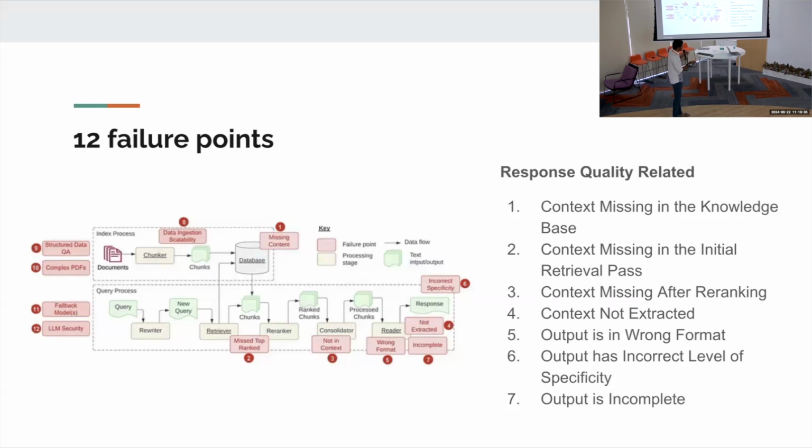When the output is incomplete, we need to handle that point also, because some LLMs have some limitations. Only a few tokens, 1,000 or 2,000 tokens, is what it must be able to generate. Max new tokens is the parameter we can specify over there, that we need to identify. And also we need to think about